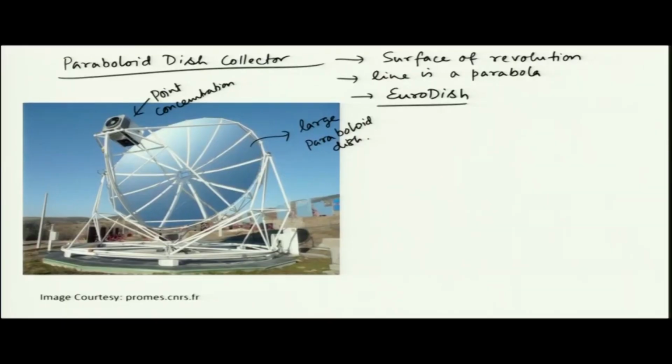The rays that are falling on the aperture are getting reflected and reaching that point of concentration, where either the heat is being collected by some fluid or that heat is being used in some engine itself. So, in case of this Euro dish, what we have,